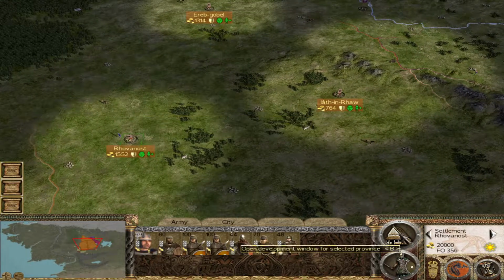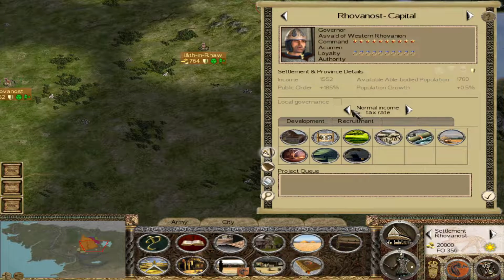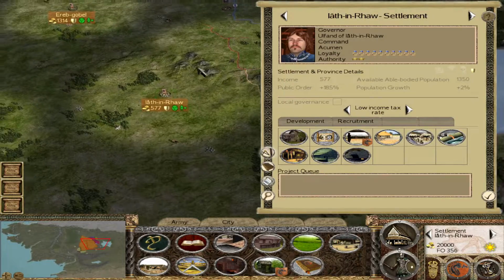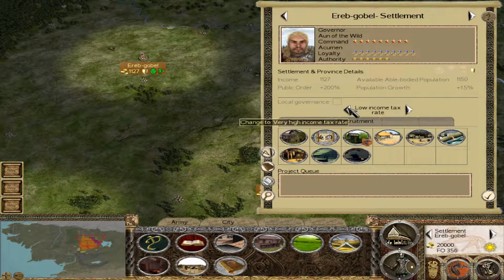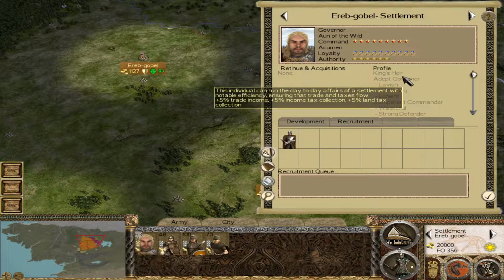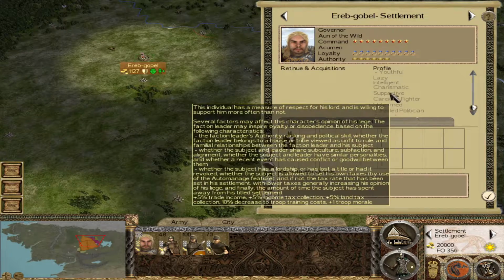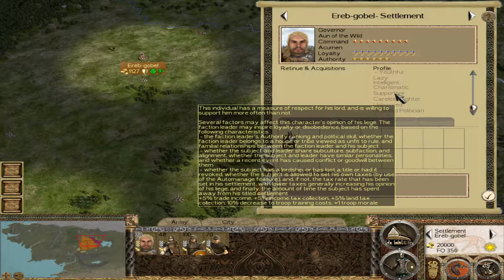So let's go to our economy and let's get all of this going. As usual, I'm going to go for low taxes everywhere. I know that kind of seems counterintuitive, but we need to get good governors, and part of that has to do with their opinion of liege trait. Currently, since it's the very first turn, they're all going to be displaying as supportive,